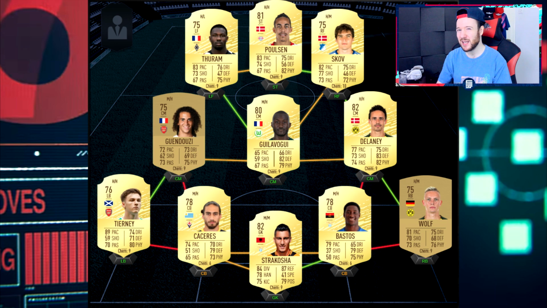Caceres, I think he was really bad on FIFA 19 though. But anyway, it's a different game. Tierney in the left back position, is that really ideal? Because a lot of these other players are going to be very cheap. So I think there's going to be a bit of hype around him in the Premier League. Guendouzi as well, it's a shame that he hasn't received a better card, but he could